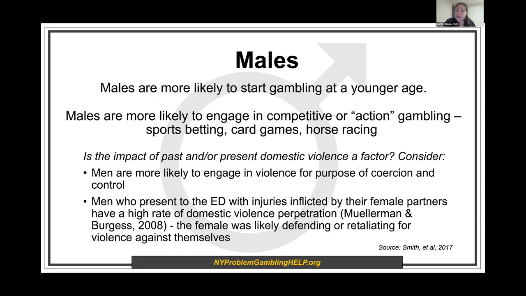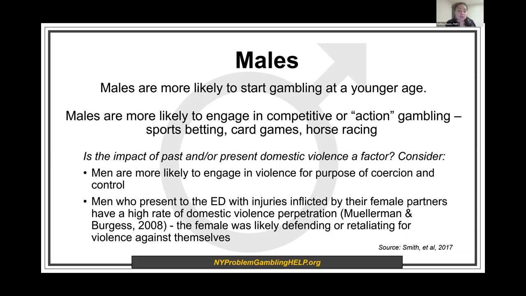Men are more likely than other genders to engage in violence for the purpose of coercion and control, right? On a big picture level, it is more likely to be seen in men, and men who present to the emergency department with injuries inflicted by their female partner also have a high rate of domestic violence perpetration. And it's possible that the female was defending herself or retaliating for violence against herself,